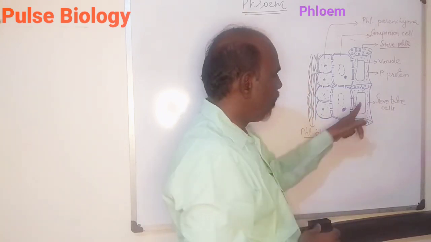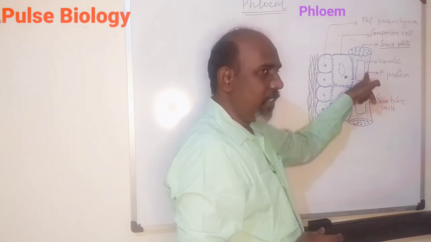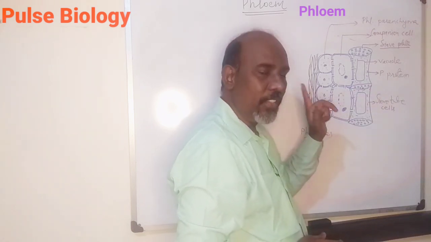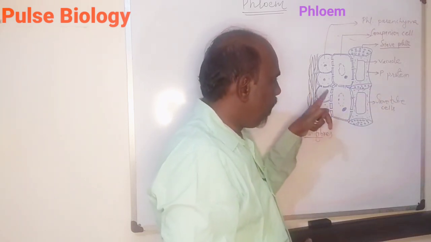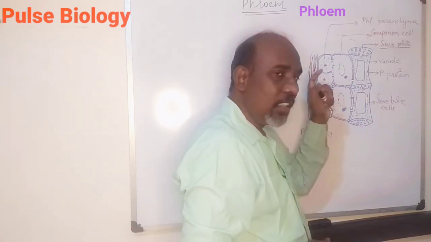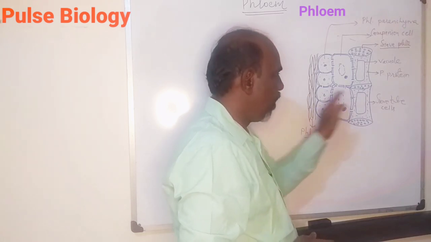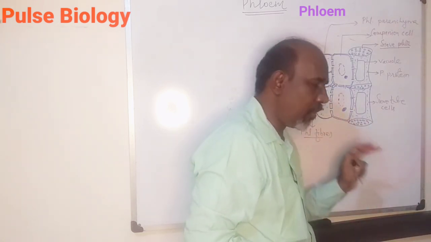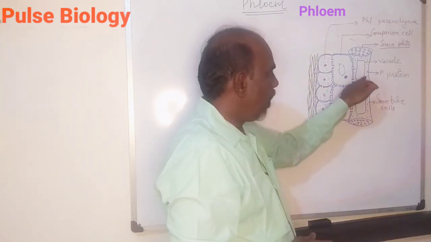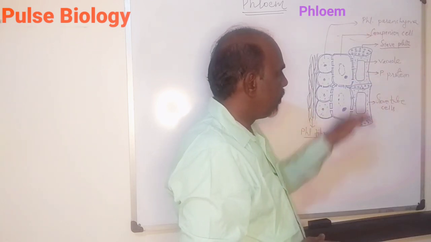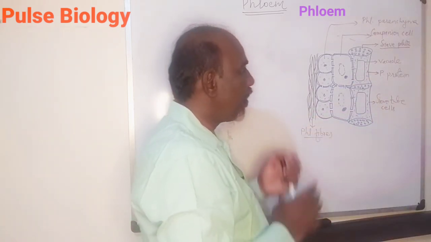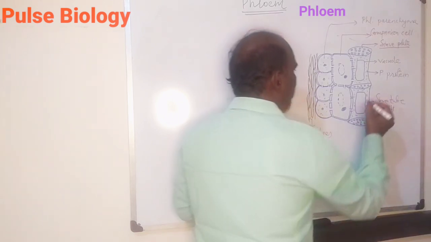So this cytoplasm communicates with this, and this communicates with this. The complex tissue has a number of components, but this is a very unique component of the phloem. Now the vacuole is larger, and around the vacuole in the cytoplasm a very special type of protein is present,